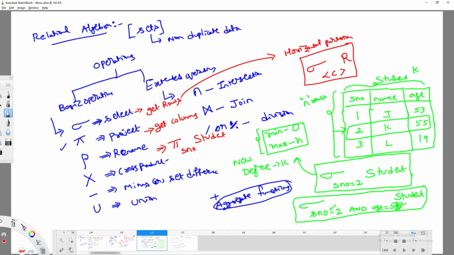At this situation, what is the minimum number of attributes you are going to get? Attributes is the number of attributes that you are writing here. That many attributes you are going to get. How many tuples you are going to get? 1 to n. What is the maximum number of tuples you are going to get?